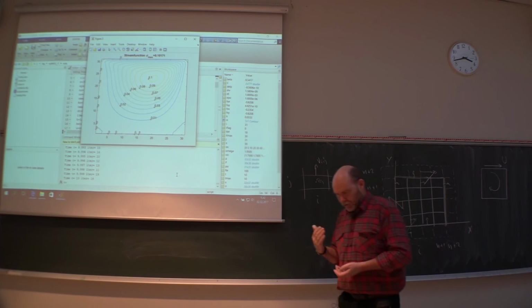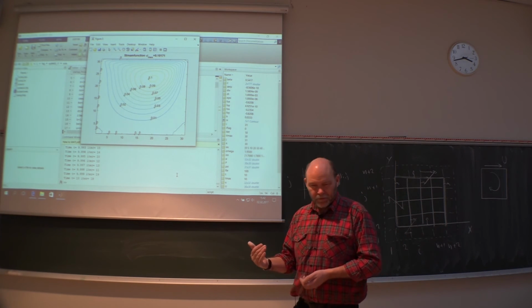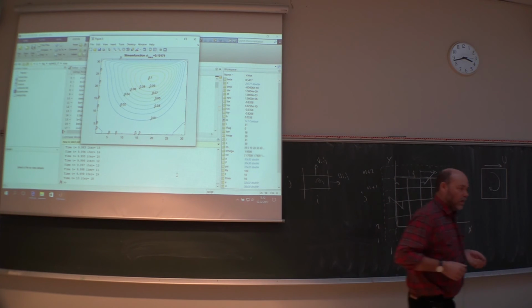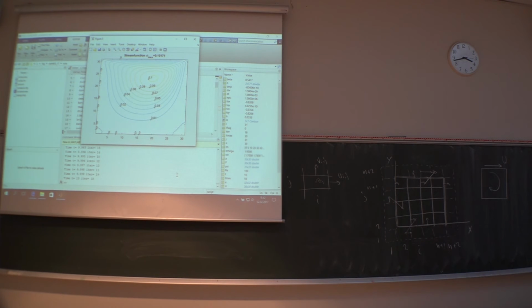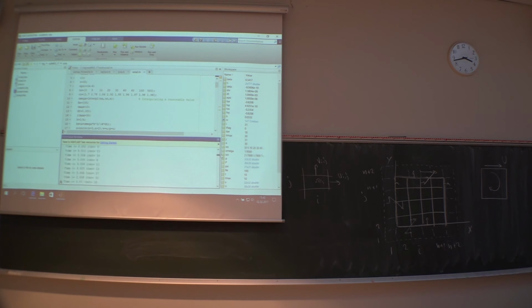So now I sort of have to admit I haven't solved the simulation correctly in time. But as long as I have simulated long enough, I should reach a steady state situation, which should be correct. If you look at the printout,